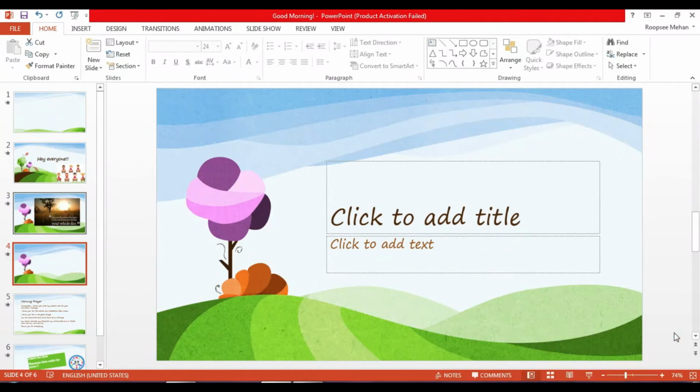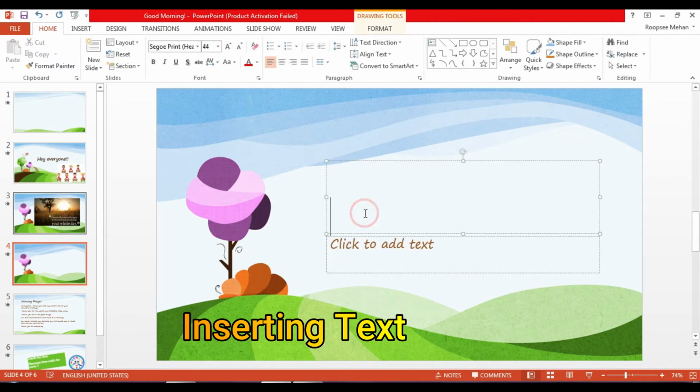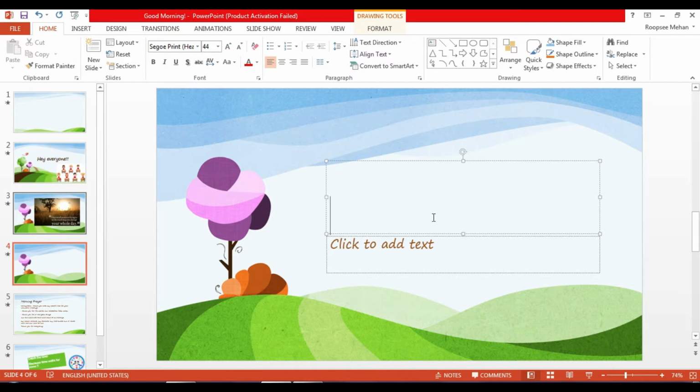Next we will learn how to insert text to your slide. Now after inserting a new slide, you will see these placeholders where it is written click to add. So as it says, for writing the text you just have to click in between the placeholder. These text boxes, these dotted lines are known as placeholders. So once you click inside, you can write the text